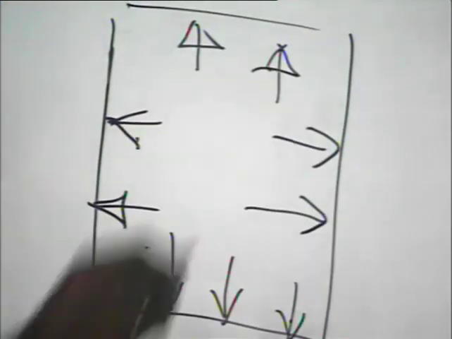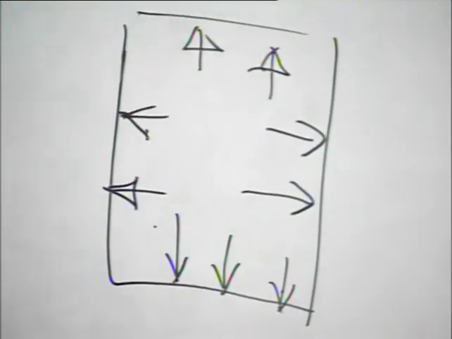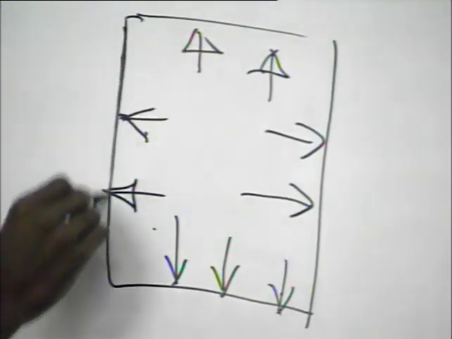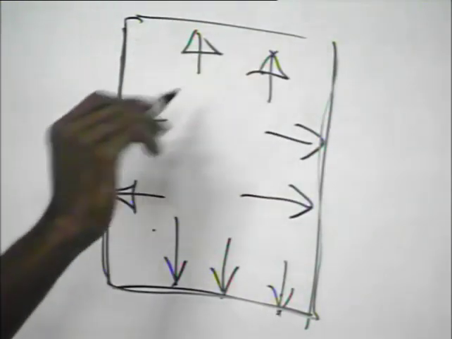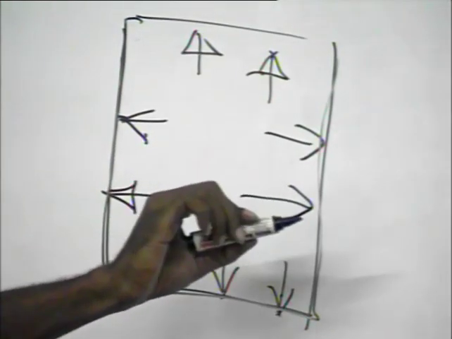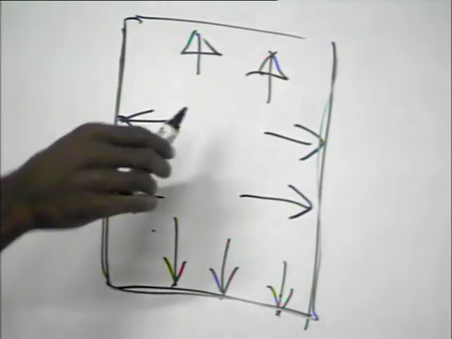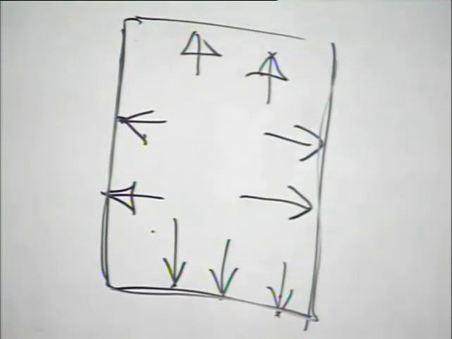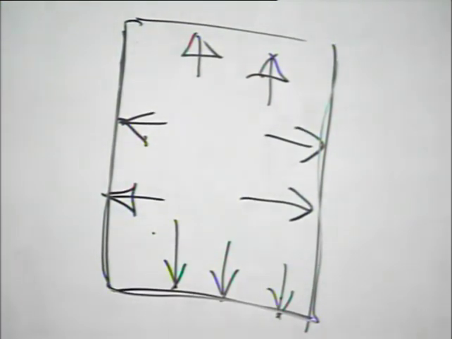This is the first important point about any liquid. If this is a container, then the pressure will be acting in all directions, whether it is to the left, to the right, up, or down. So you can just write down point number one: pressure acts in all directions. Number two point,